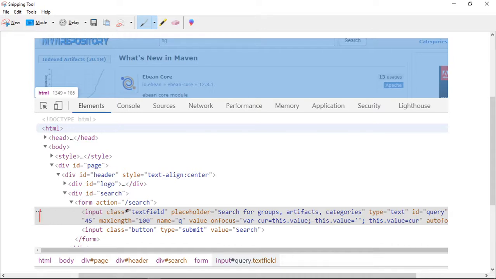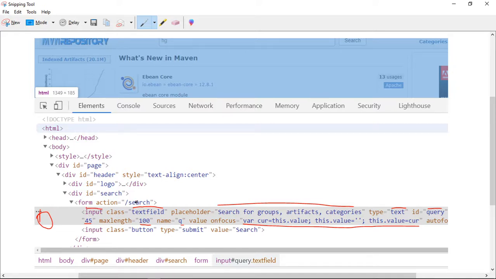Just suppose the value of this text keeps on changing, this value keeps on changing, this 100 number keeps on changing, this 45 is also changing, and whatever is written here is changing. This is our text box web element, and all the attribute values keep on changing, but the tag name is constant.